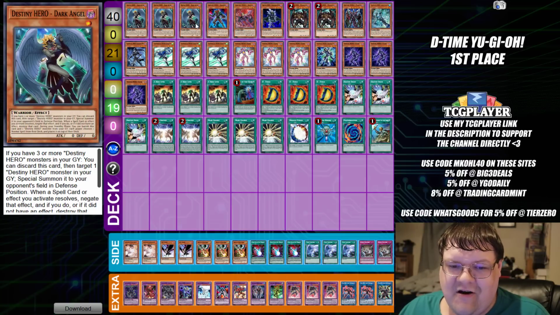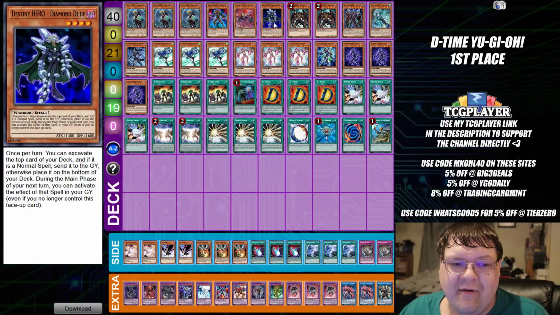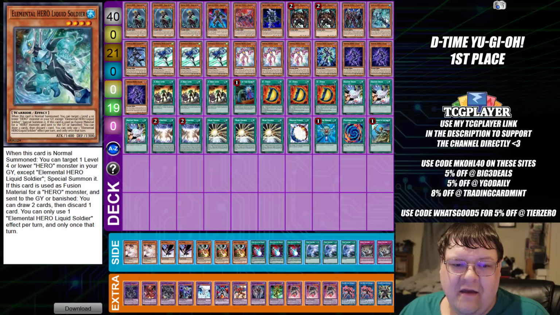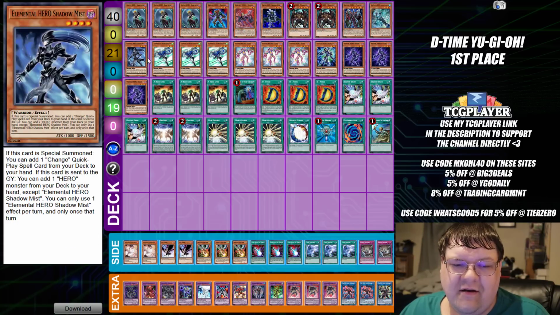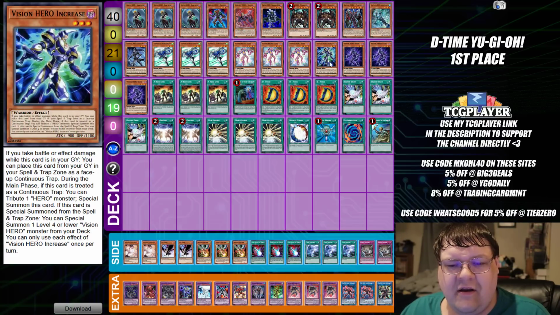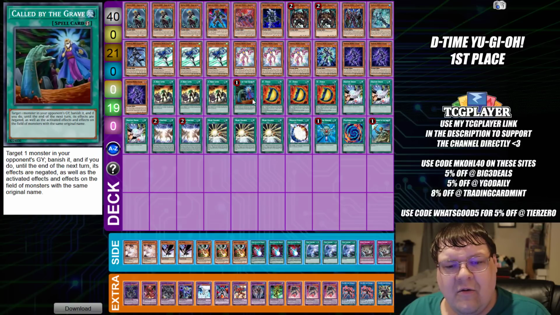So we have triple copies of Dark Angel. You love to see it. We have one Decider, one Denier. We have one Diamond Dude, two copies of Malicious, one Plasma, one copy of Liquid Soldier with the one Shadow Mist, triple copies of Stratos, triple copies of Faris. We have one Increase, triple copies of Vion with triple copies of A Hero Lives, one Called by the Grave,